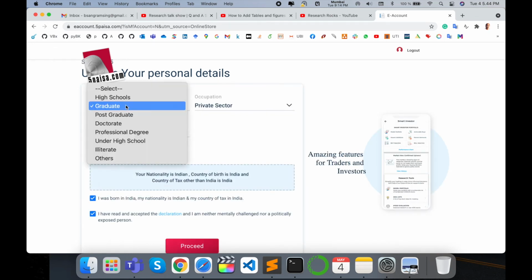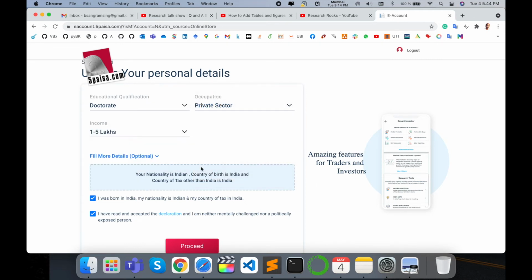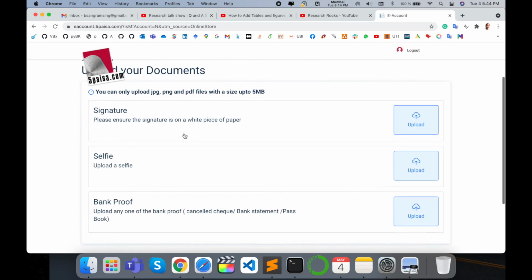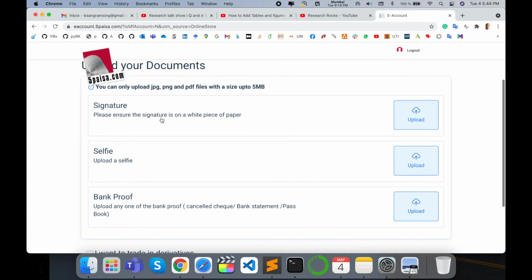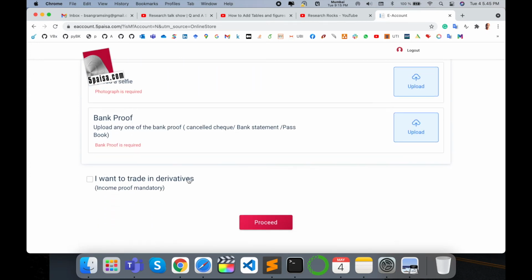So I add here my education, graduate, doctoral. I am working in the private sector. Income 0 to 5 lakhs. Optional. You can add here your nationality, Indian, date of birth, and signature. After some time I upload my signature, selfie, and bank proof. Related documents are mandatory, and then after finishing the process,